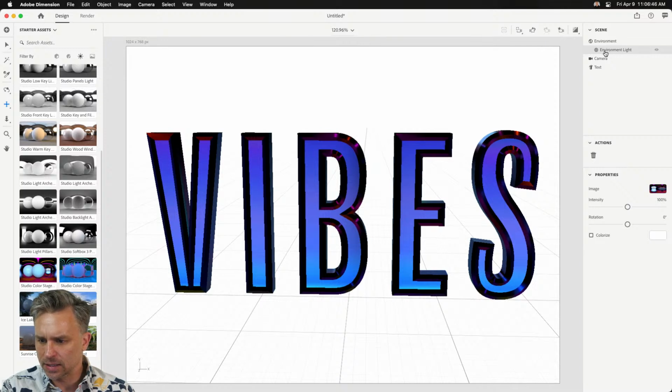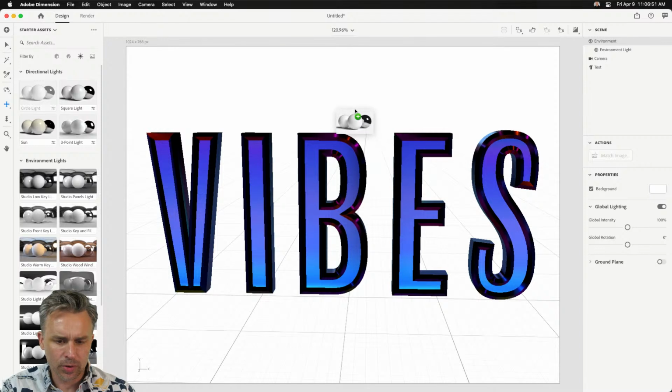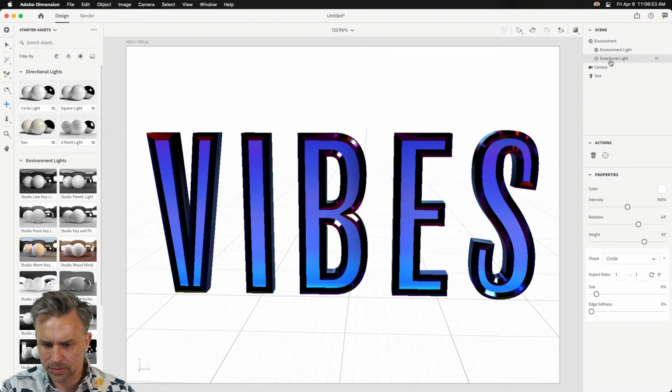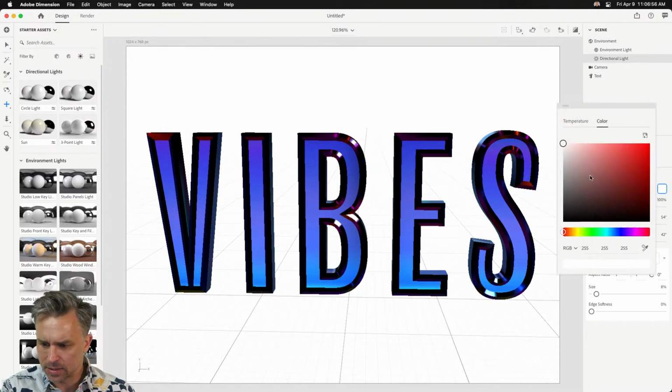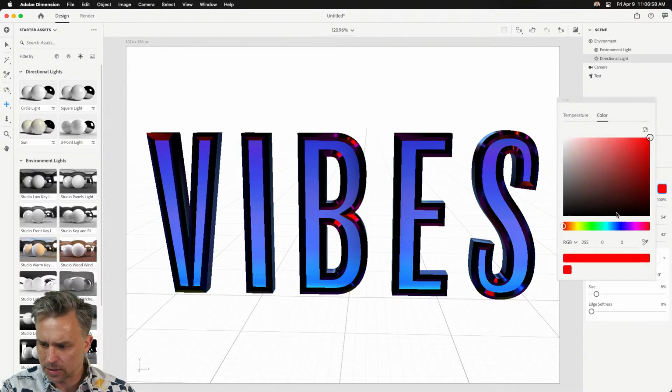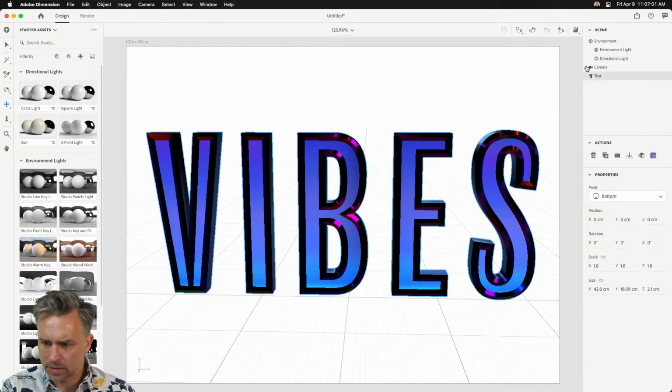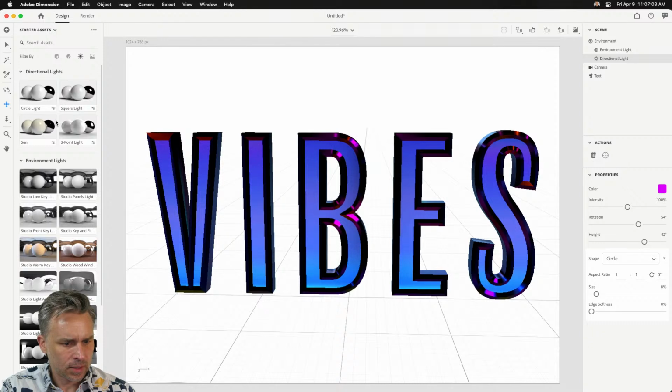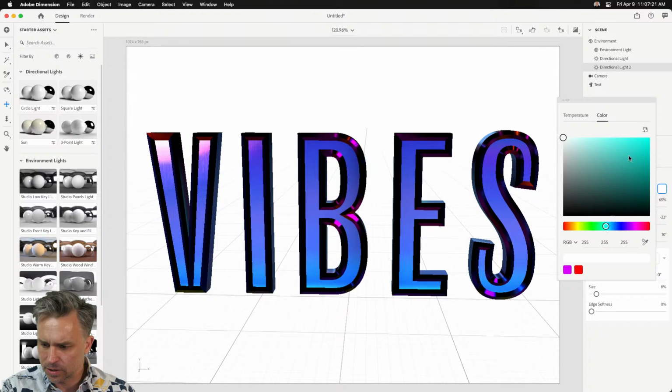And let's be aware of the different lights. So we could throw another circular light in here, right? Make it pink. Throw another one on this side. Remember, these are directional lights, so we'll see them change as I rotate it. There we go. So get a splash of color over there. Change that to something